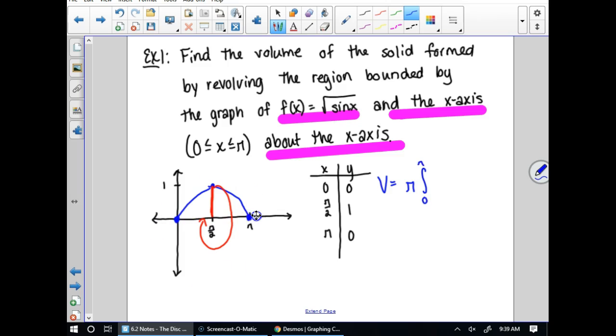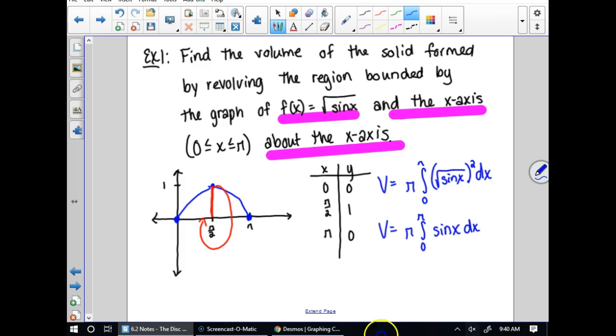Our intervals come from the x-axis, since we're integrating with respect to x. And we would have the radius, which is the square root of sine x, squared, dx. So pi r squared, and then integrate from 0 to pi. This one actually turns out not to be so bad. The square root makes it easier, because whenever you have that square root squared, we're just getting the integral from 0 to pi of sine x